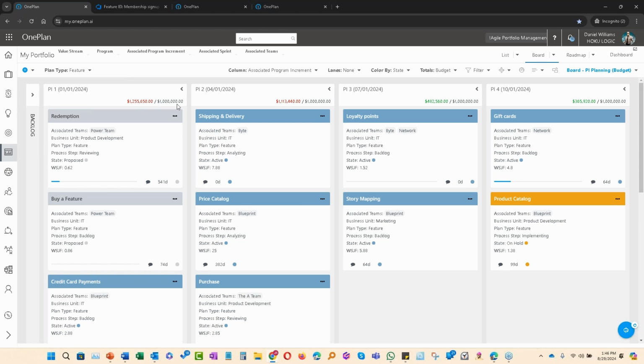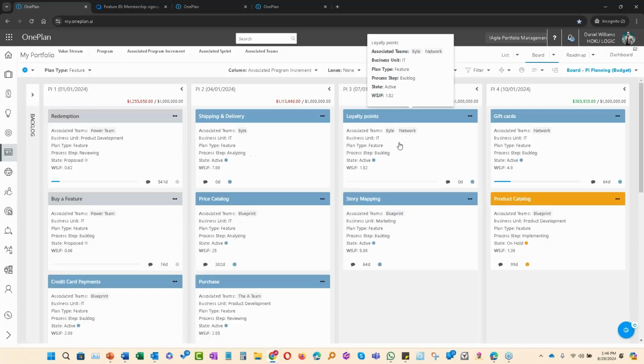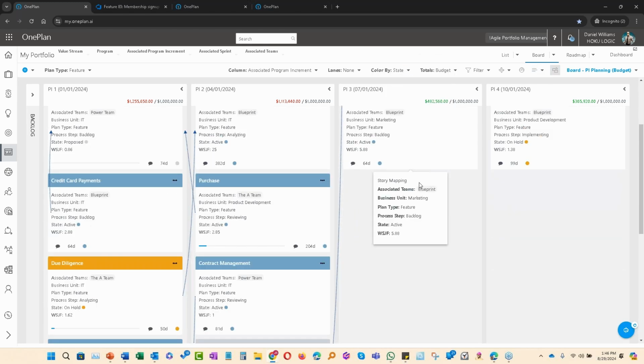So here we have the ability to include constraints as part of our WIP limits. The card information can also be configured in order for you to show, in this case, WSJF, it's active, we're analyzing, it's a feature, the business unit is IT, the team that's actually doing it is Byte. If there are dependencies, what are called red strings, used to be called red strings, you can include them,